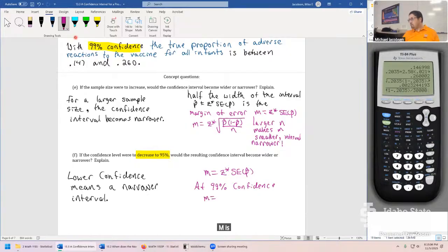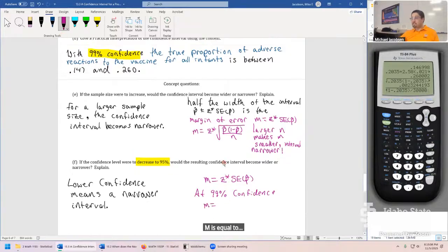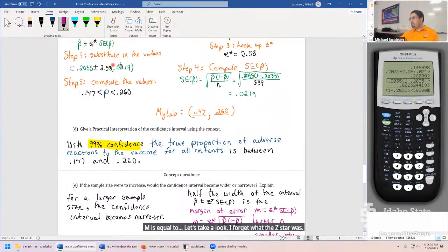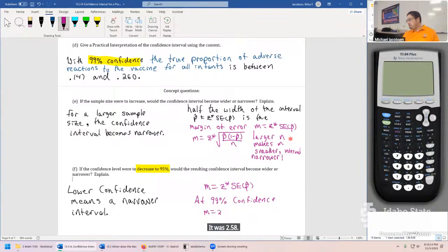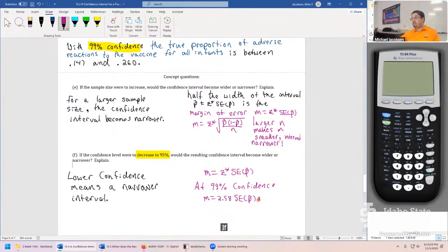M is equal to, let's take a look. I forget what the Z star was. It was 2.58. So M becomes 2.58 times the same exact standard error. The standard error doesn't change this time if all you're changing is the confidence level. And now at